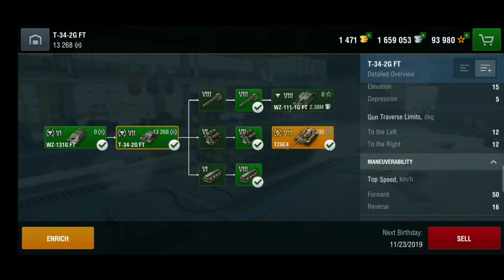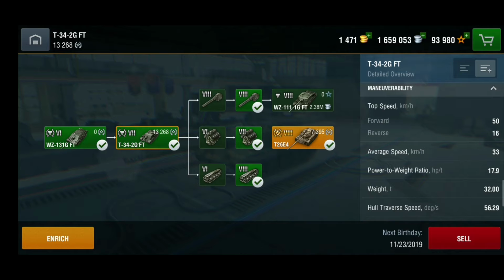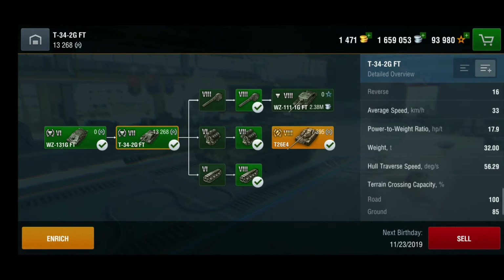Ground traverse limits are quite nice. 12 left, 12 right. Top speed 50, and that's the cherry on top of this tank, like the speed. 50 on the forward and 60 on reverse. Average speed 33. Power to weight ratio is 17.9. Weight is 32 tons. Hull traverse speed is